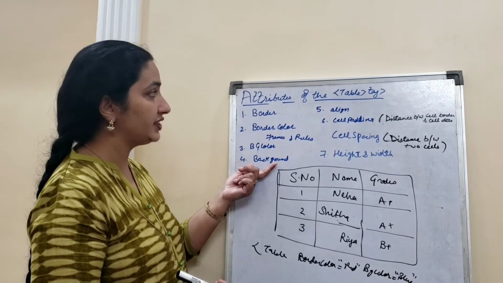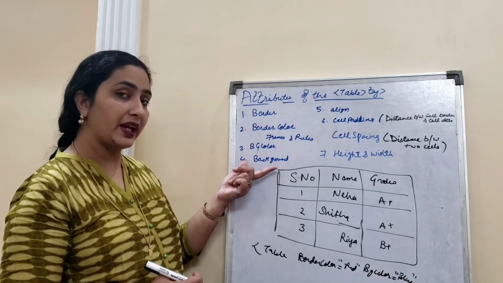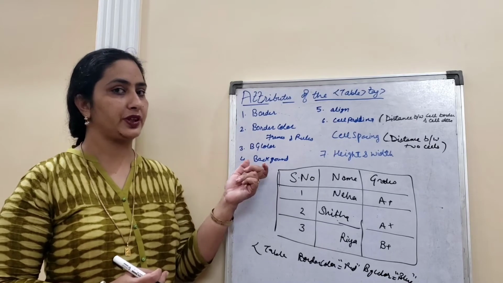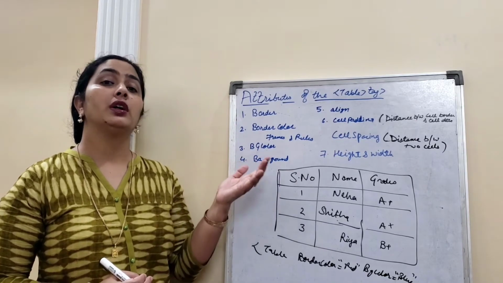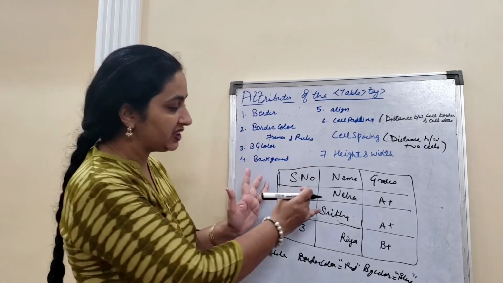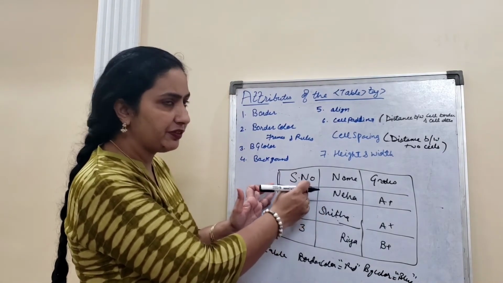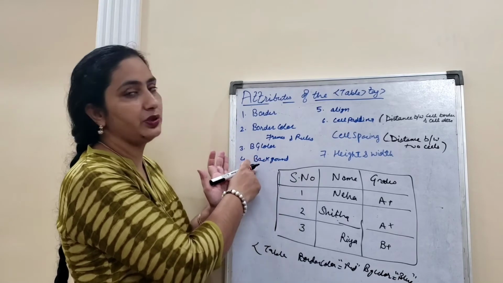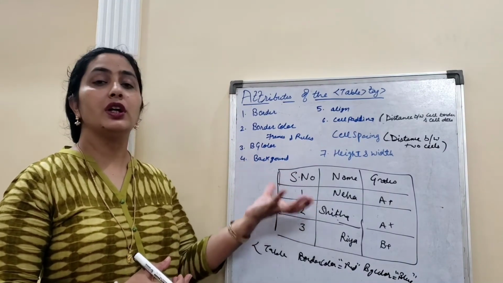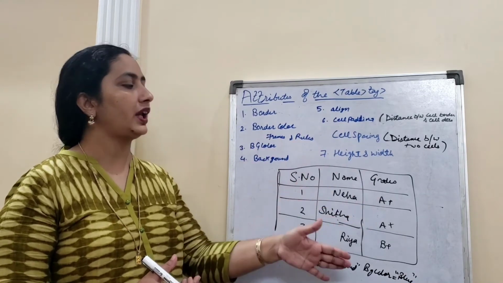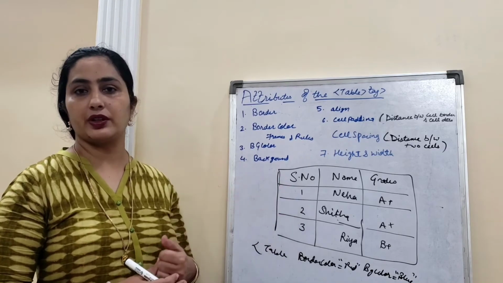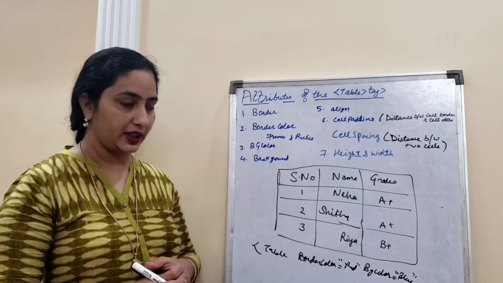Now let's come to the next attribute of the table tag, that is the background attribute. Remember, students, along with the body tag we also did the background attribute. There, the background attribute brings an image to your web page. Here also it will bring an image, like on a specific cell. In a specific cell, if you want to have any image, you can use background. So the background attribute gives a background in the particular cell, or even at the background of the table. If you want a specific image, the background attribute is going to help you.